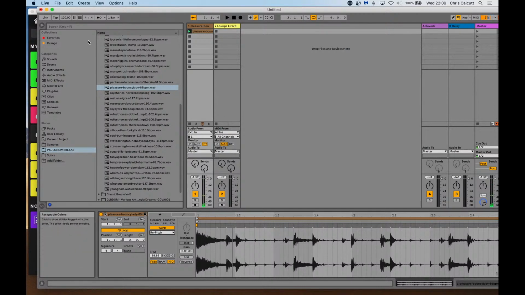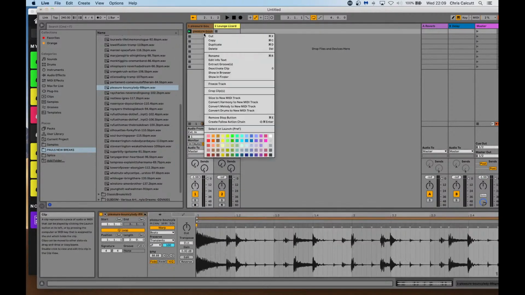Great, okay. That's fine. Obviously, it's running a bit faster now, so it's taking up less time, but I want it to be pretty much at 120 beats per minute. Actually, I tell you what, no, let's take it back to 120 beats per minute, because I kind of like the pitch it's in for that. So, what we'll do now is we'll go to 240 beats per minute. And in actual fact, no, what I'm going to do is I'm just going to freeze this